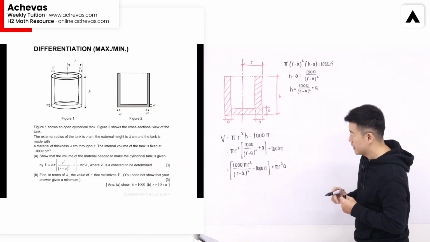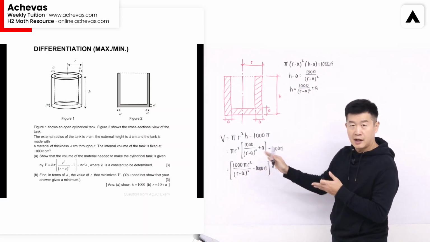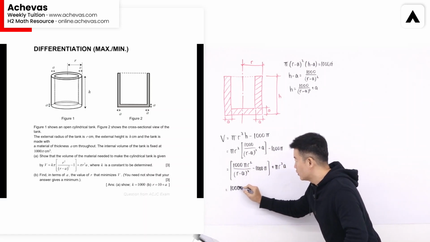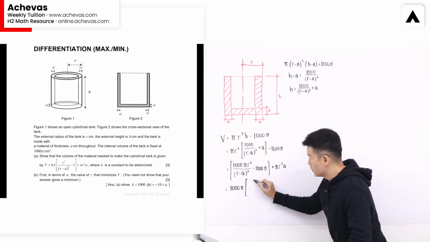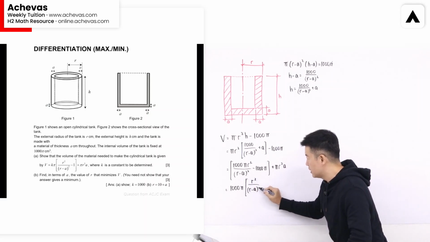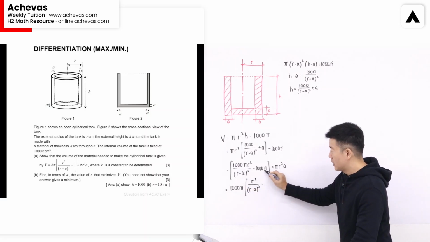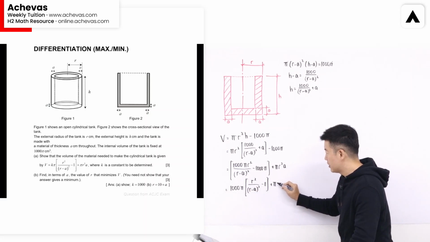As for this, we will factorize 1000 pi out from this bracket. So if I were to be doing that, then it will be 1000 pi. And for what we have left in the bracket, it is going to be r square over r minus a square, minus away, since we have already factorized out 1000 pi, it will be 1,